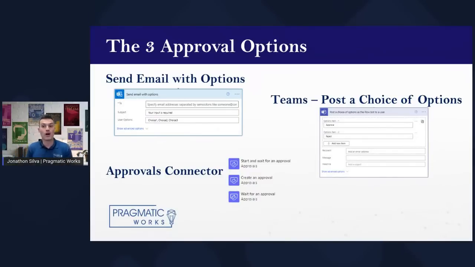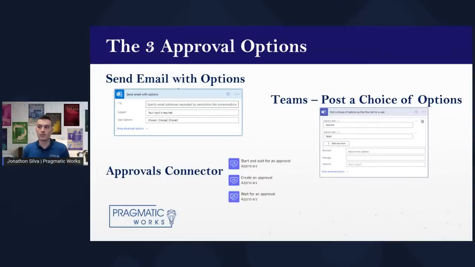as well as the other approvals that we have, like if you want that approval to go into Teams. In the send an email with options action, that notice only goes via email. That's the only place to interact with it. The Teams action, post a choice of options as a flow bot to a user, only goes into Microsoft Teams. And it allows you to send in a message that allows the end user, whoever that may be sent to,